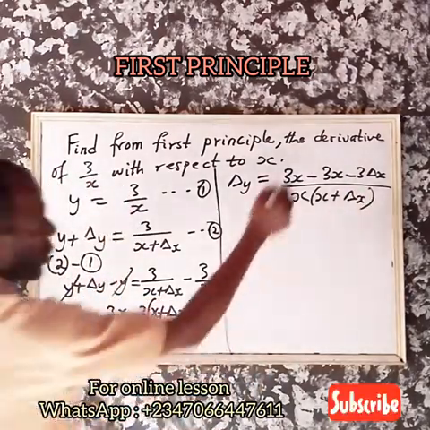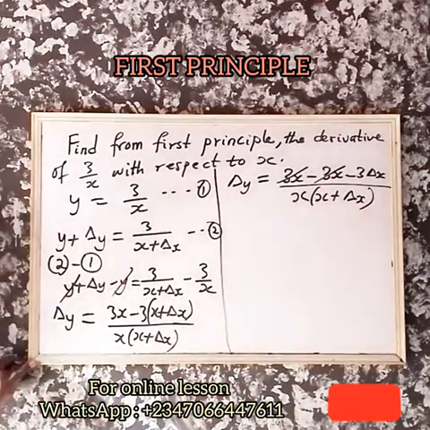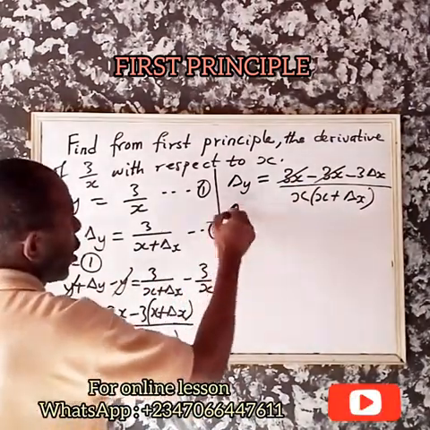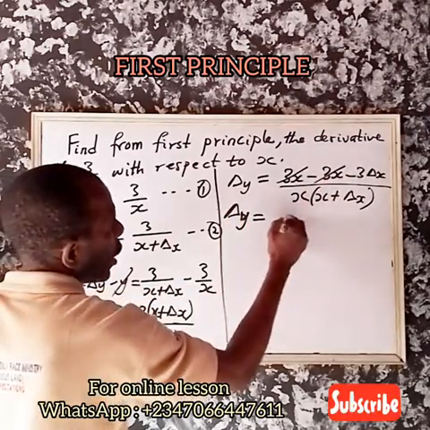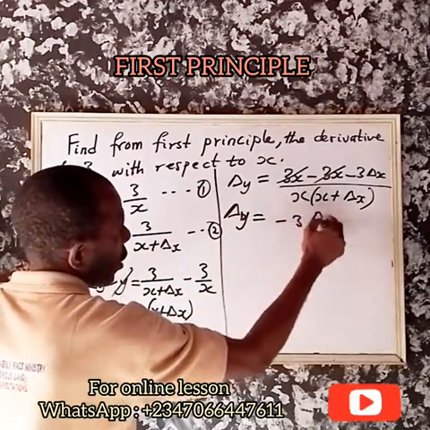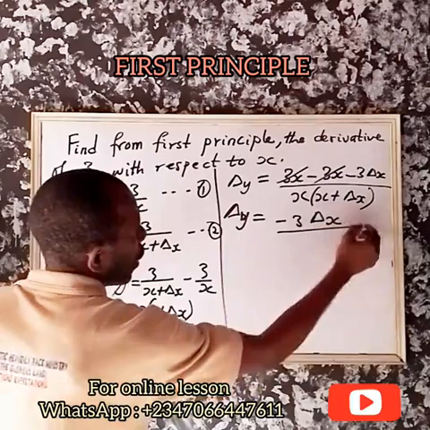So here, this one and this one can go. We now have delta y equal to negative 3 delta x all over